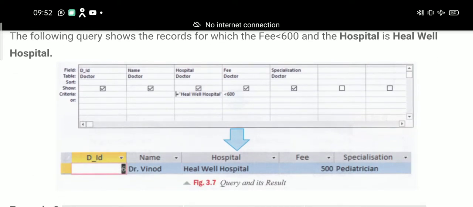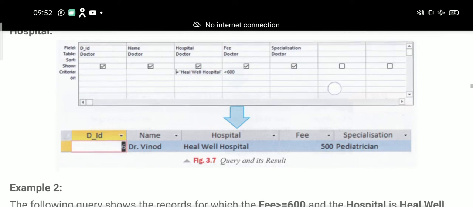Hospital. As you can see in this figure, the condition is applied here, fee is less than 600, then a hospital is displayed here having fee less than 600, which is 500, and the doctor belonging to Hillwell Hospital is Dr. Vinod.